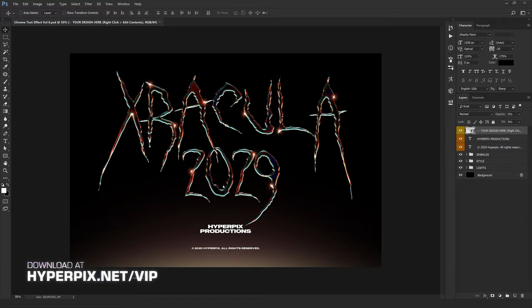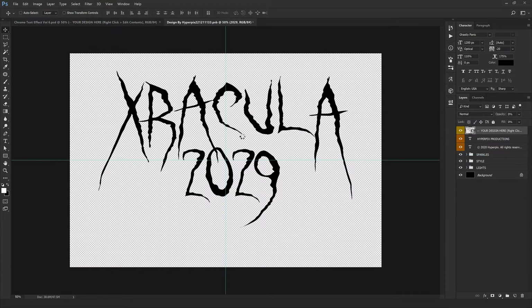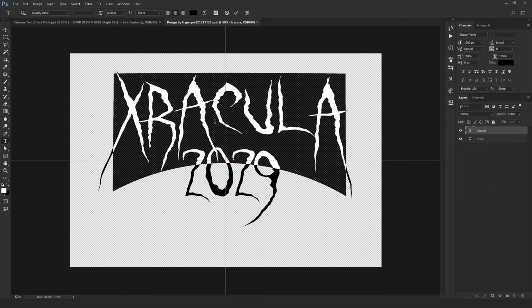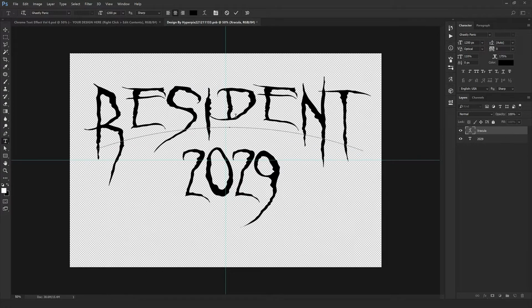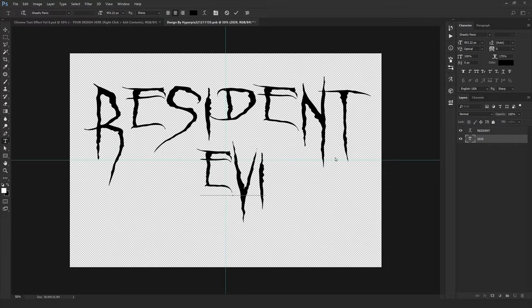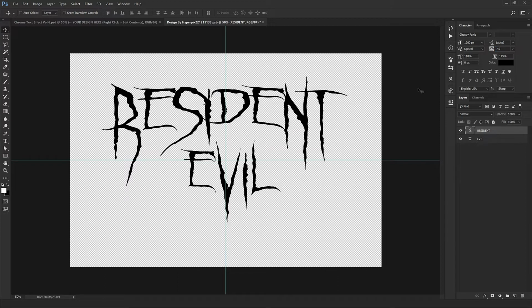So let's get started and see how we can work with this style. You just need to right click on the yellow layer and click edit content. In the window which appears right here, easily you can just double click on any text layer and edit it and type your ideal text. Just like this. For instance, I'm going to type Resident Evil. Also, the text at the bottom, I'm going to do the same. Here we go. So I can lessen the distance between the characters just like this,